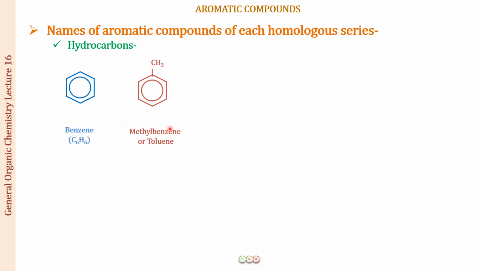All right, and there is one more name for this, that is toluene, and it is an equally prevalent name in the IUPAC nomenclature only. Okay, so there are certain names that you will have to remember for these compounds which are going to be equally used in the nomenclature. All right, so the next we have is when we are going to have a di-substituted product, we have two methyl groups now. So this is going to be 1 and 2. 1,2-dimethylbenzene, which we commonly refer to as xylene.